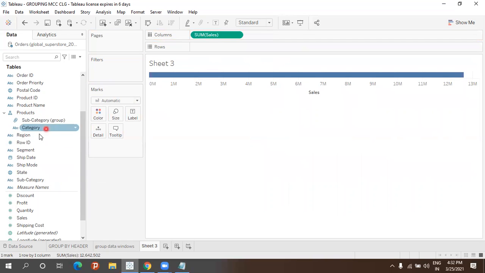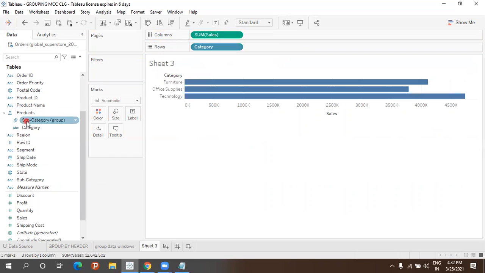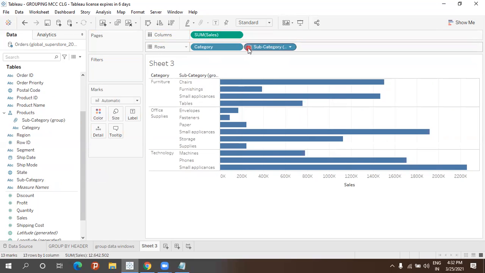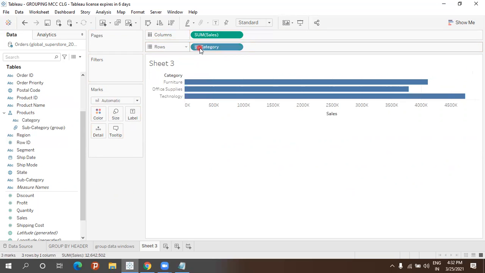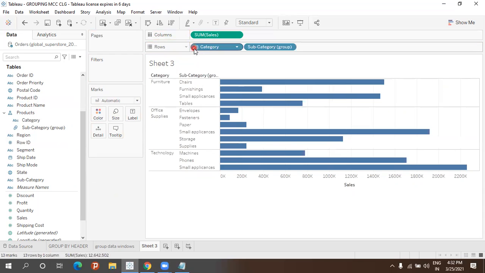So now what has happened here? When I take category and next take subcategory, for subcategory I'm getting a minus. When I click on minus, I'm getting the subcategory like this. Actually I should get category, and when I click on this, I should get subcategory, right? So it is in reverse order. So what I have to do is switch this, drag and drop above this like this. Now drag and drop this subcategory here. Now click like this. Okay, so now this is what we'll get.